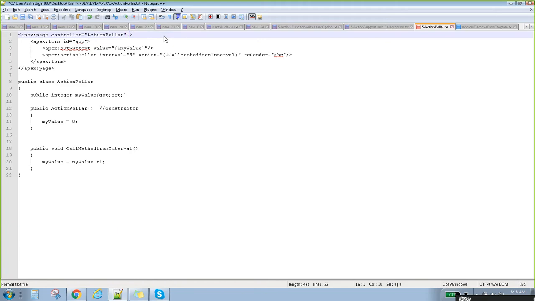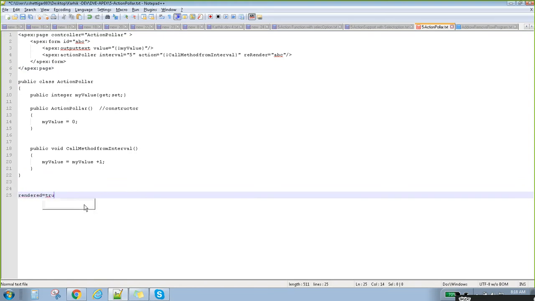There is one more thing called rendered. This is a boolean value. It will accept only true or false. We basically use this rendered flag in input or output parameters, like an input field, output field, or a select list.